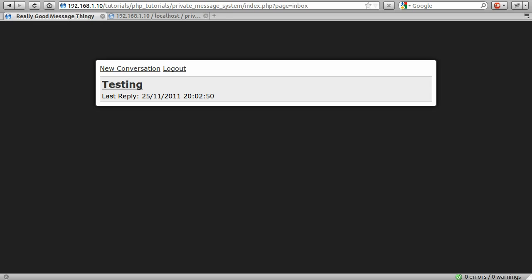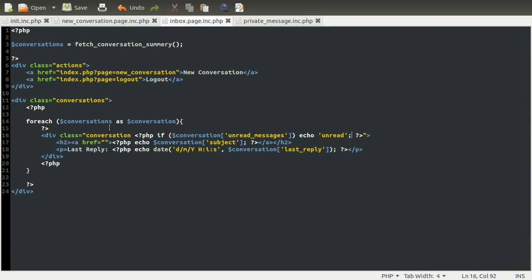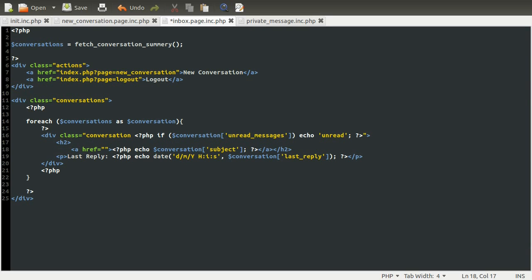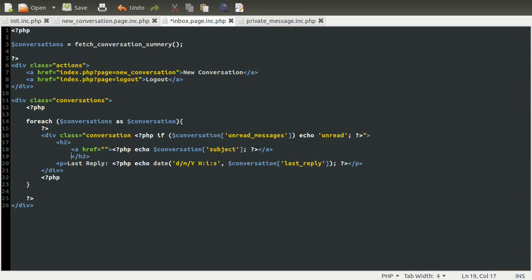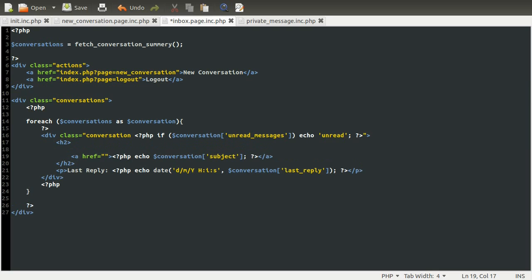Okay, so the next thing we'll do is create a way for the user to delete their messages. So we're going to add that little X that I showed you up here before, and that's going to be processed by this inbox page. So let's go back to our actual inbox page and we'll add this link. We're going to bring this down a line here because we're going to add another link above. It just gets a bit long. So just above, we're going to create a new link,